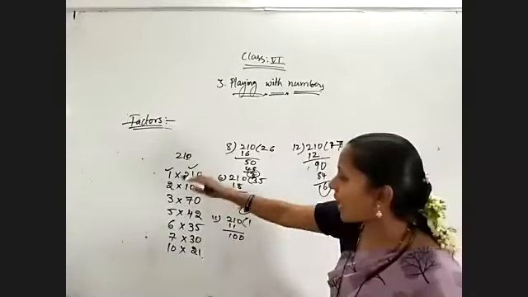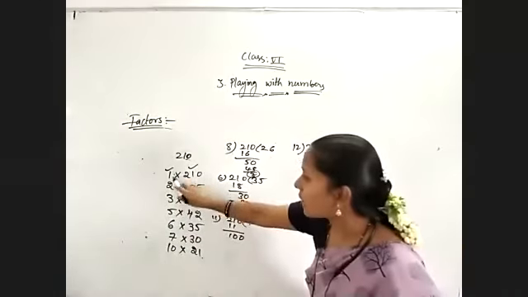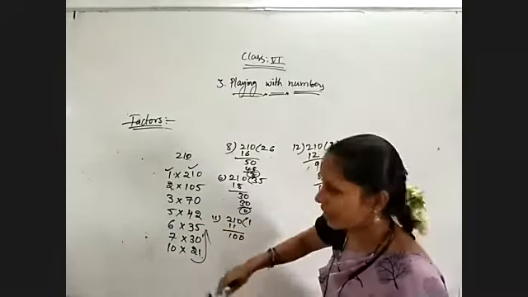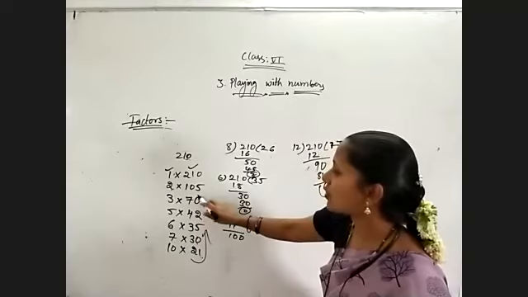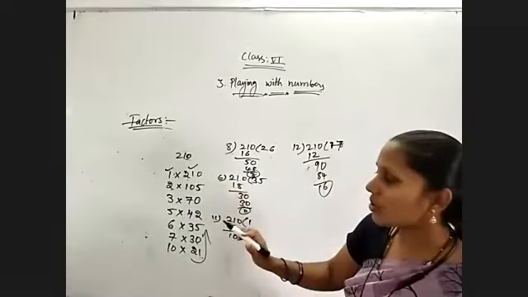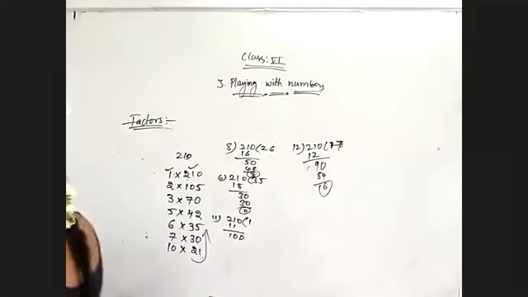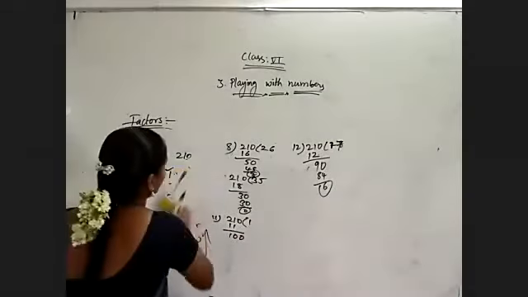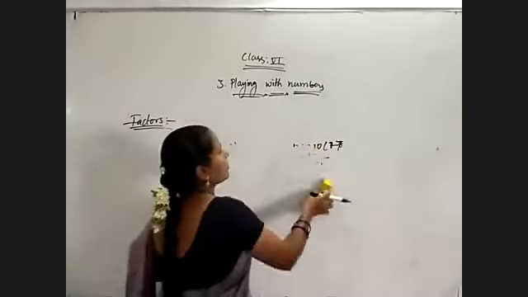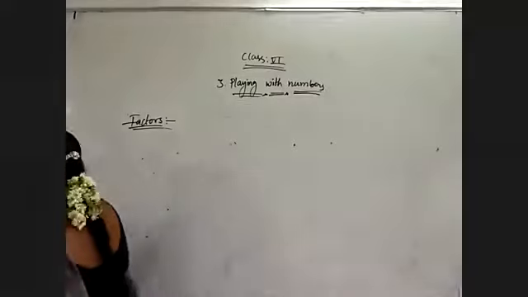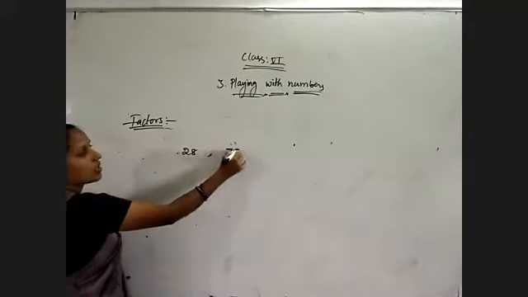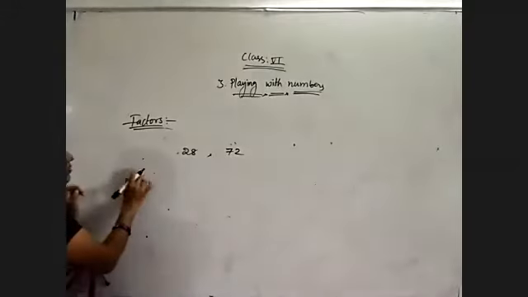So what are the factors of this number? 1, 2, 3, 5, 6, 7, 10 and come back to this 21. 21, 30, 35, 42, 70, 105, 210. All these are the factors of 210. So we will discuss with a smaller number. Then you may understand easily. Take a 2-digit number. I am taking 28, otherwise 72. So I am taking first 28, factors of 28.